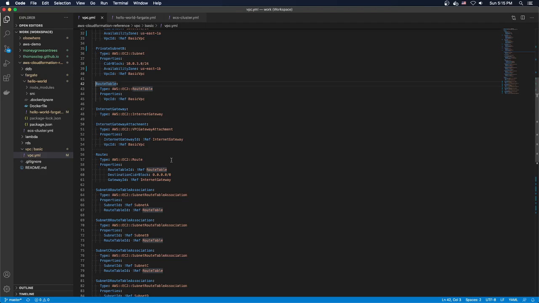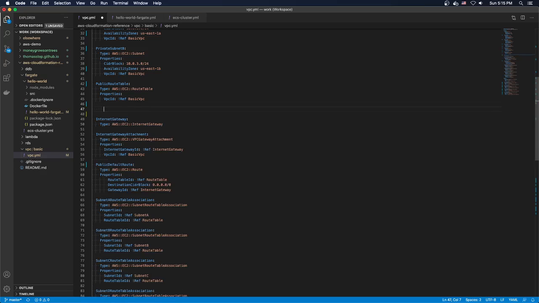So we have our route table. This is our public route table actually. Public default route is what we call that. Then we also need